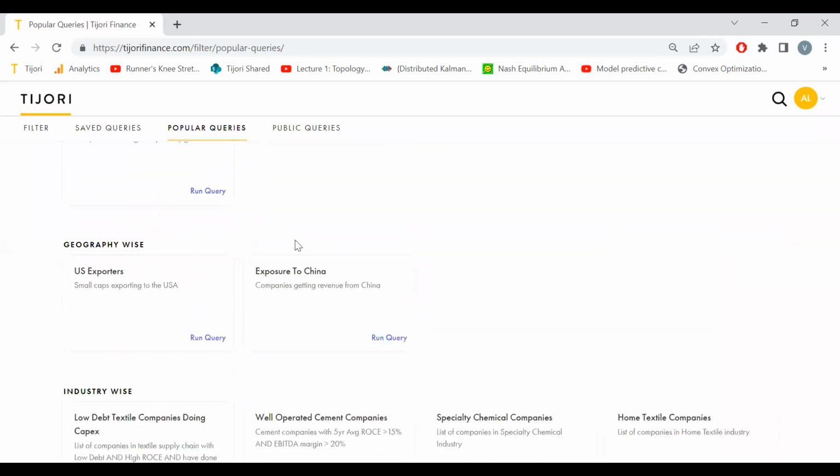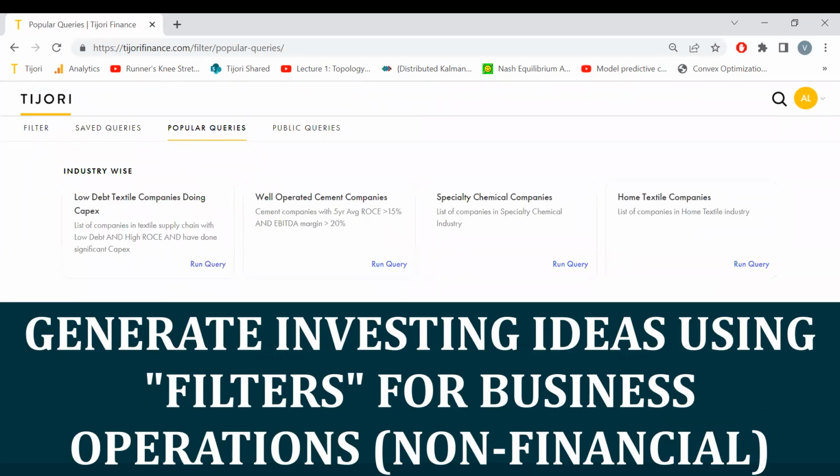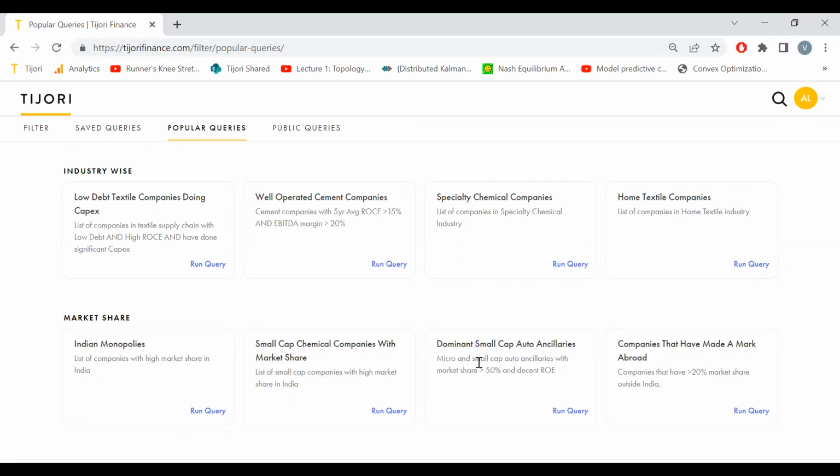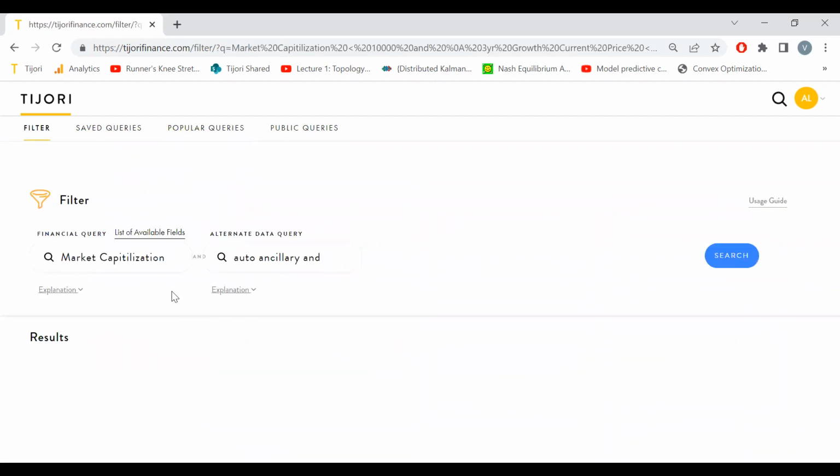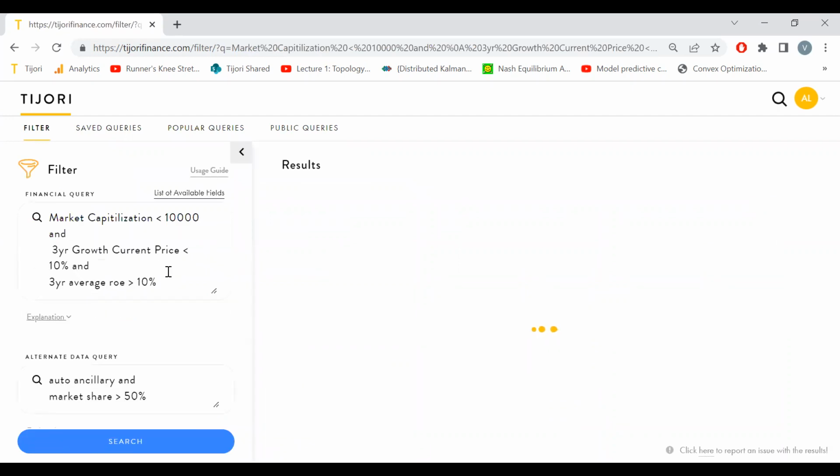If I go to popular queries and scroll down to market share, you might be interested in the auto ancillary industry, and you might want to screen for auto ancillary companies with ROE more than X%, right? That's possible to do in many places. But over here, what you can further filter it down by is, let me show you.